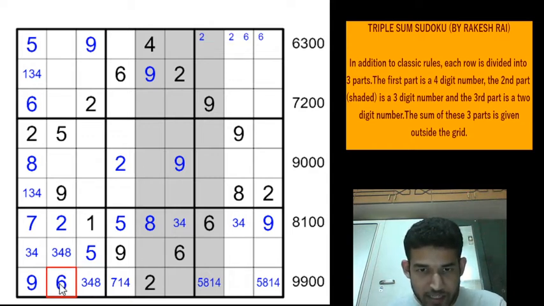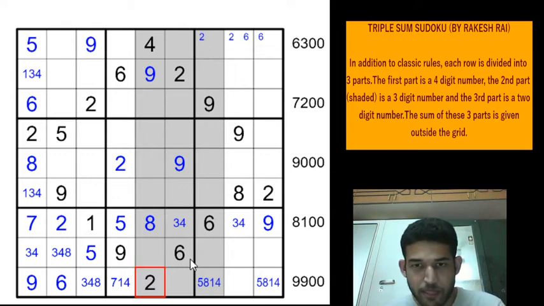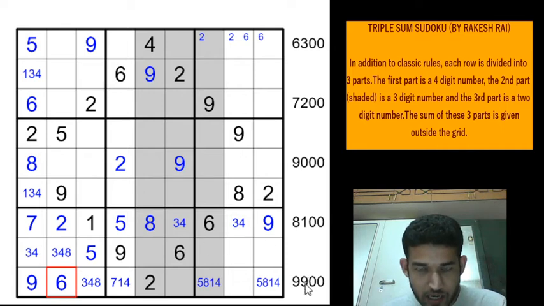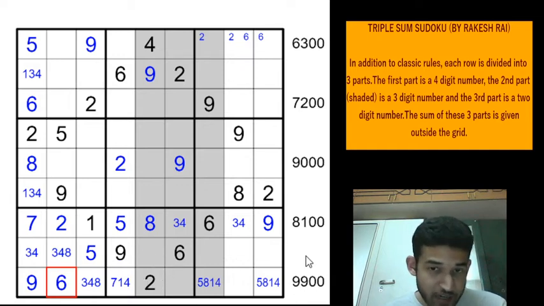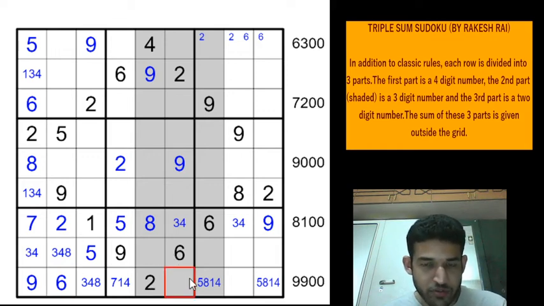Now that we have obtained a digit in the hundreds position, we also have a digit in the hundreds position of the 3-digit number. So we'll try to focus on that and we'll do something. So 6 plus 2, and we need one more to get the 9 in the hundreds position on the outside clue, right? So we are having a carryover of 1 from the tens position, right? So the digits in the tens position along with the carryover from the units position will add up to 10, right?